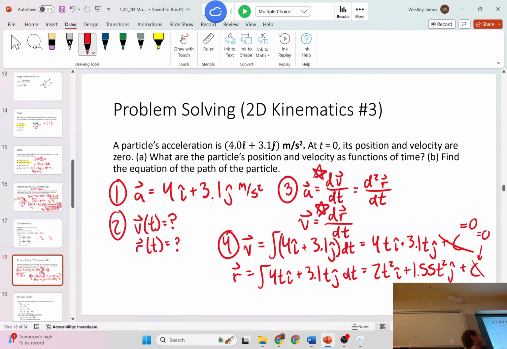So my x component is given by 2t squared, and my y component is given by 1.55t squared. How do I get an equation? I'm not going to test you on this, but it's kind of nifty. This is an algebra thing. I want y in terms of x. That's what it's asking for. Give me a function that says I want y as a function of x. Currently, y is a function of time, which to be honest,